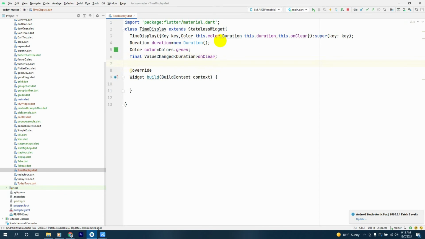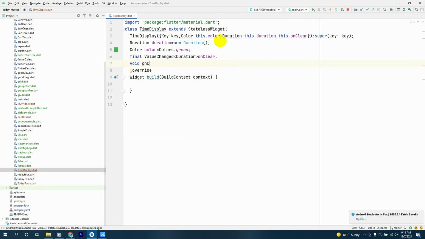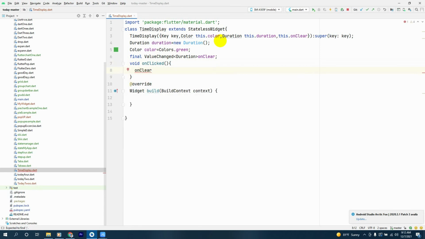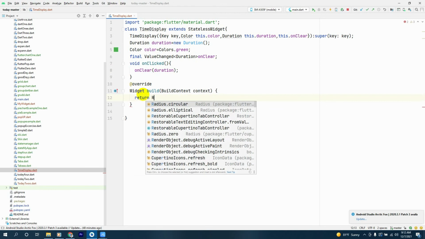Okay, next thing, we'll have void on clicked, and inside it we'll give on clear and provide duration for it, just like that. Next thing, we'll go inside the widget and we'll return a row,